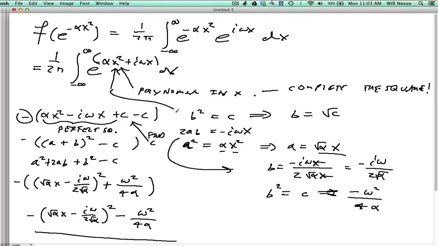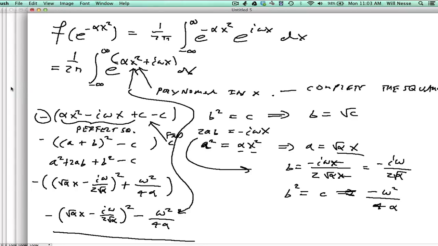And so that's what we're going to do, is put that in there. And that's going to help us solve this equation. So let's do that real quick. So now our Fourier transform from before